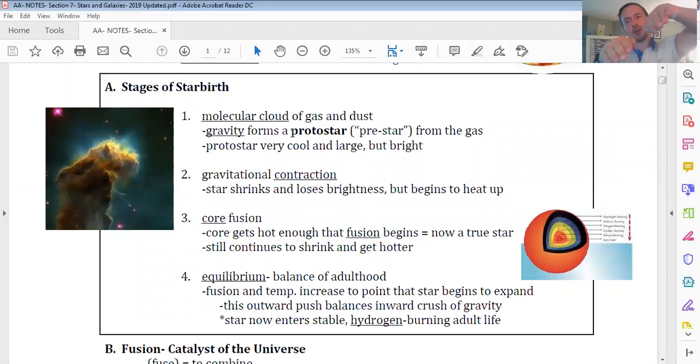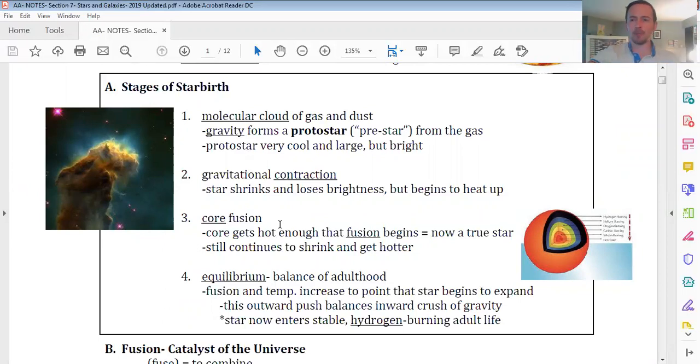He is so strong that the seesaw is tipped over his way, and poor little star energy is just up here kicking his legs. He can't even fight back. So this protostar gets squished smaller and smaller and smaller. It gets hotter and hotter and hotter, and then boom, finally, at step 3, core fusion ignites. So for the first time, star energy starts to push back against the ever-present crush of gravity, and our seesaw